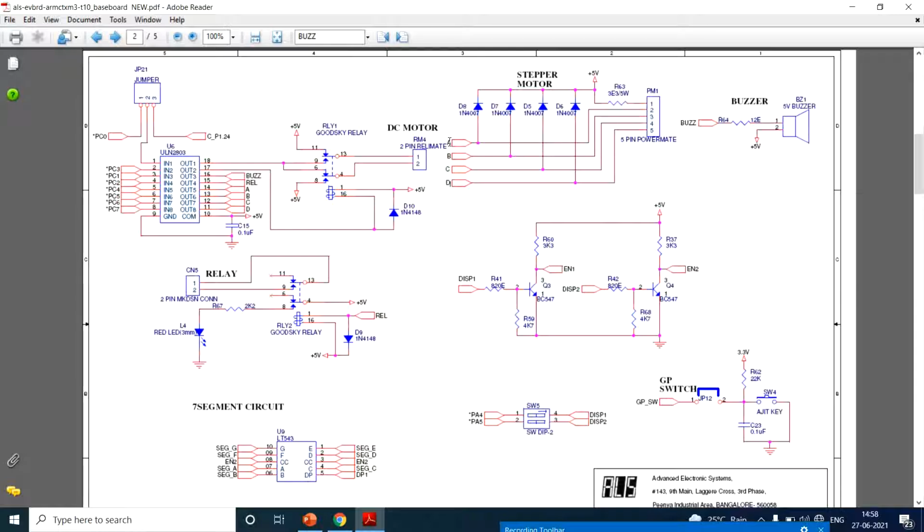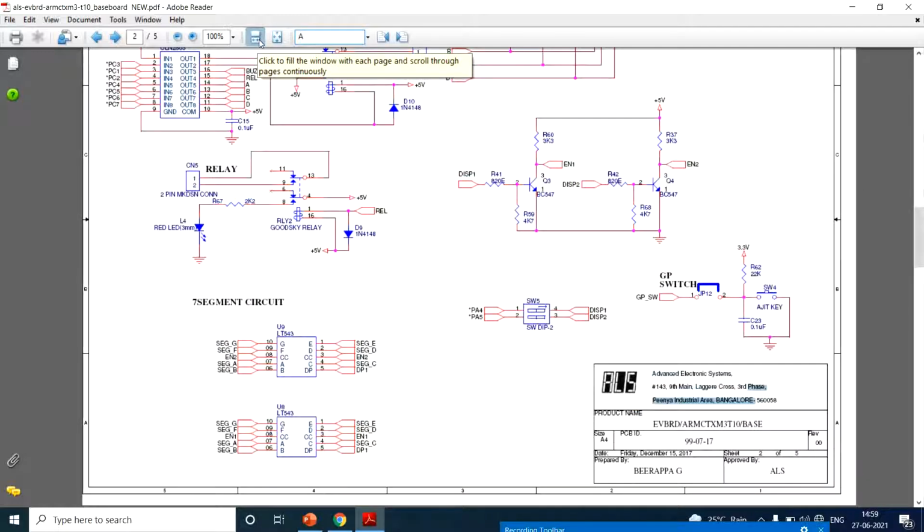When we try this, we can find that A, B, C, D are connected here only, to the ULN2803. Or else what you can do is just copy this A and then press Ctrl F. Then press A.